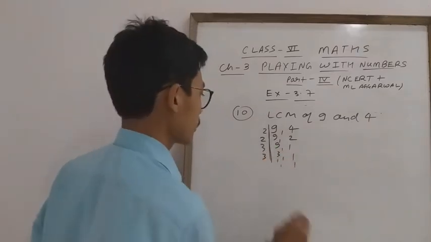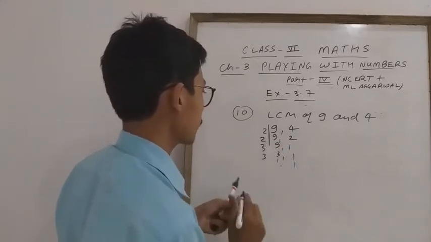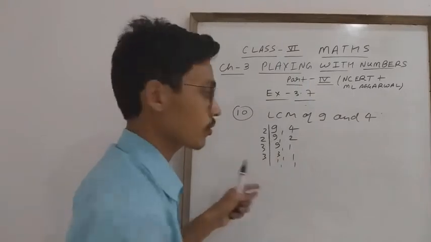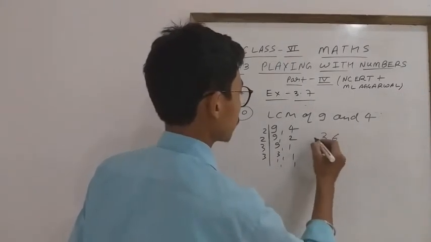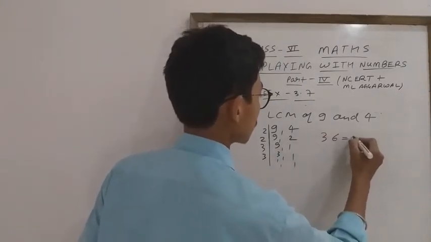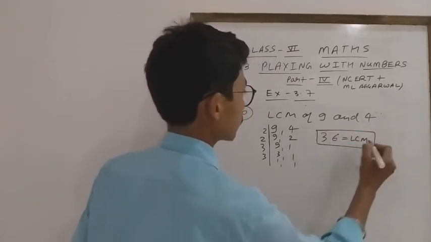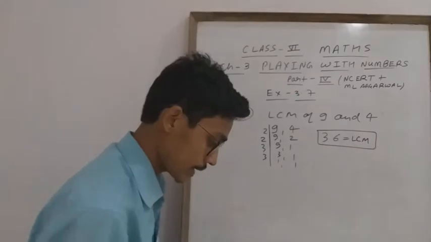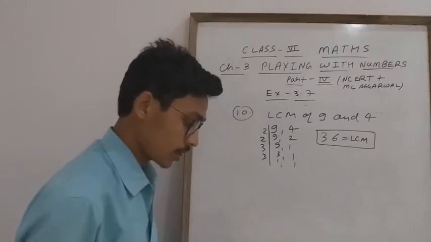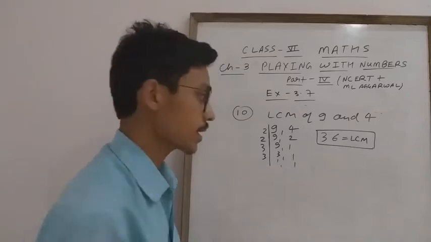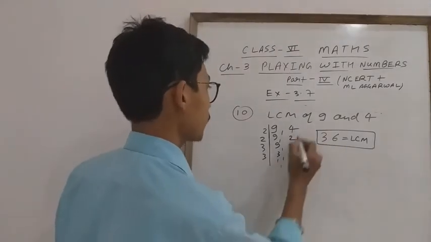Clear, everyone? What is the LCM, students? What LCM is coming? 2 2s are 4, 4 3s are 12, 12 3s are 36. So LCM is equal to 36. Okay, everyone? 36 is the LCM. What is given next? Observe a common property of LCM. Is the LCM the product of the two numbers in each case? Now you know that it is the product of two numbers.